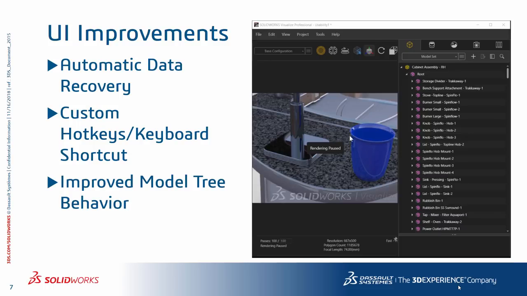We also made several improvements to the model tree. This includes being able to easily toggle the visibility of parts, models, and groups. You can easily drag and drop parts and models and groups within your model tree to reorganize and also group them easier. There's also an integrated search bar at the top, so you can easily search for the exact part you're looking for. By the way, that search bar also exists in all the other tabs as well, like appearances,